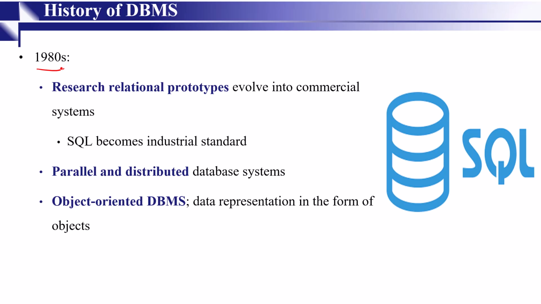We also saw the rise of parallel and distributed database systems as well as object-oriented database management systems. This allows data to be represented as objects, much like in programming languages such as Java and Python. Parallel and distributed database systems are designed to provide increased processing power as well as improved scalability for large and